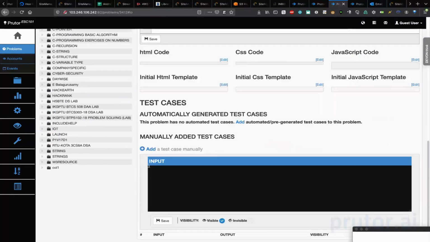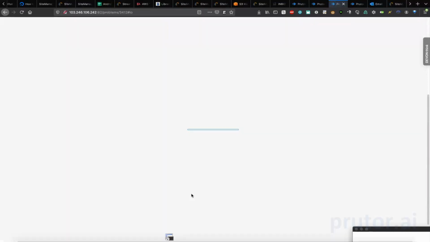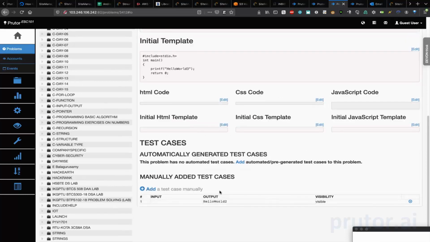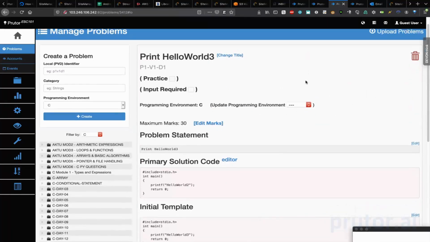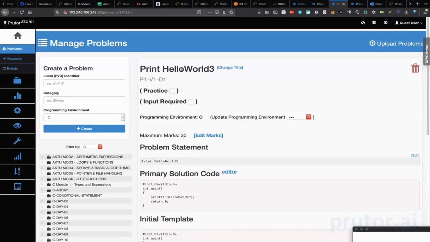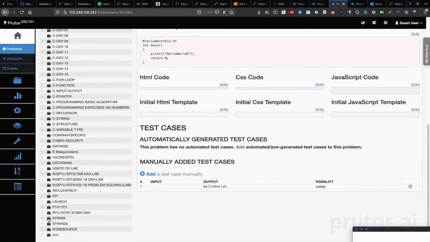Once this is done, sir, next is test case. Test case is automatically added, so you just do add and save. It will automatically generate the output for you. So it knows that the output was hello world 2 and it is already available. If you want, you can add more test cases, but this is automatically done. And all I have to do is use this program now. It is available as print hello world in the section for strings. So if I go here under strings,